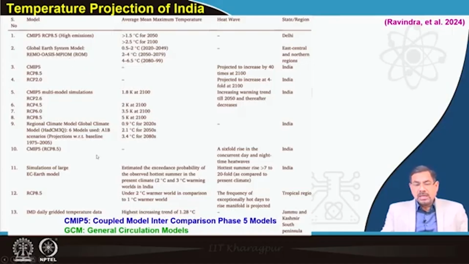India. And the heat wave, come to the fourth column as far as the heat wave condition is concerned. Projected to increase by 40 times by 2100, by 4-fold by 2100, hottest summer rise more than 7 to 20-fold as compared to present climate. So, various kinds of projections are coming as far as the heat waves or the temperature